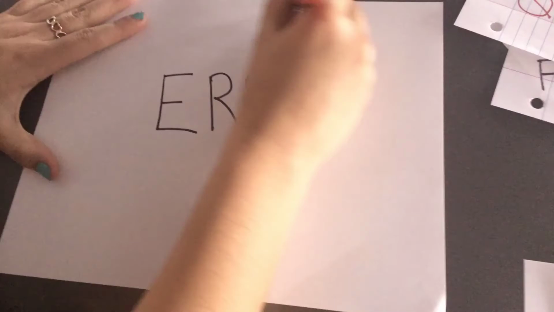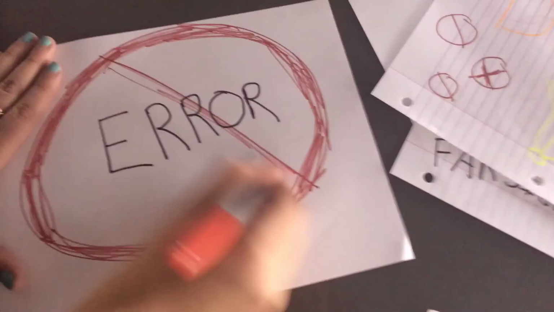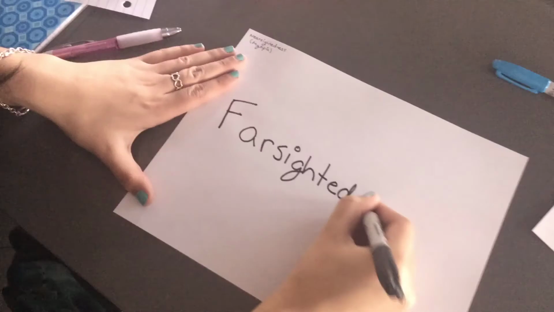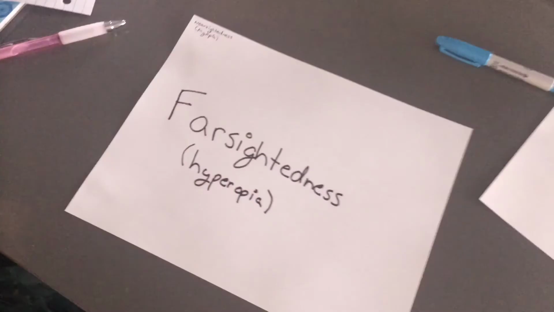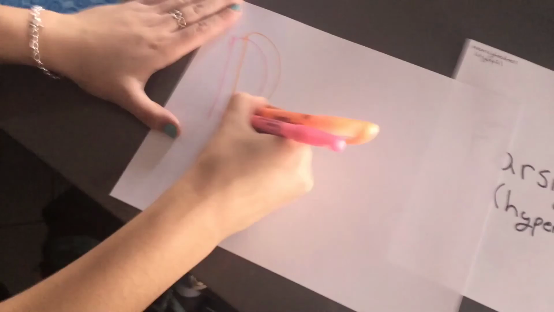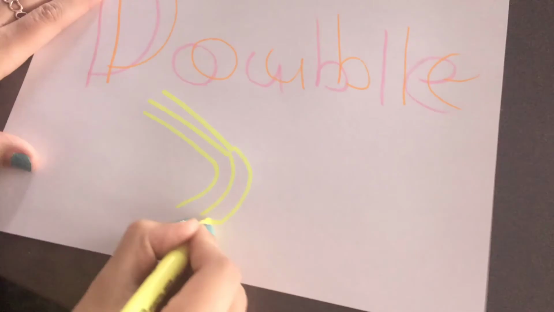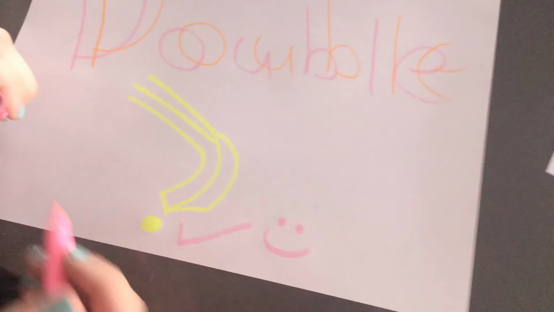However, many of us suffer from refractive errors, which are vision problems that happen when the shape of the eye keeps you from focusing correctly. Some are myopia, which is called nearsightedness, and hyperopia, which is called farsightedness. Symptoms include blurred vision and double vision, amongst other things. And so we use contact lenses to refract or bend light so that it focuses correctly on the retina.